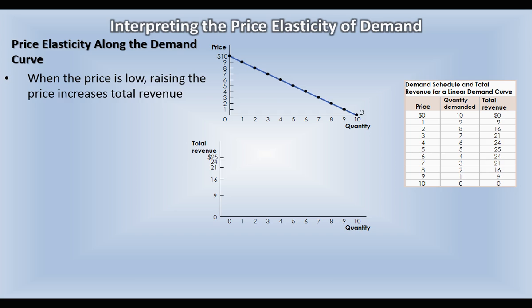So here's our downward sloping demand curve, and here is our total revenue curve. Total revenue is on the y-axis, quantity is on the x-axis. So this quantity corresponds to this quantity here. Over this range where price is low, demand tends to be inelastic. Let's say we're starting at a price of $1, which corresponds to a quantity demanded of 9 units,